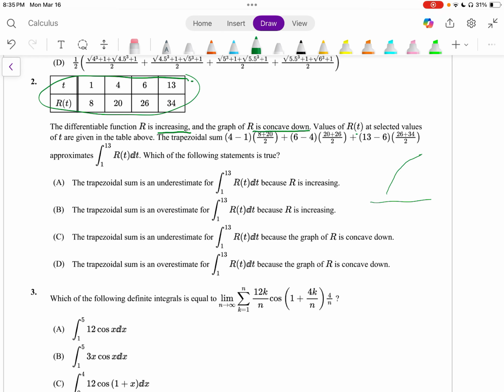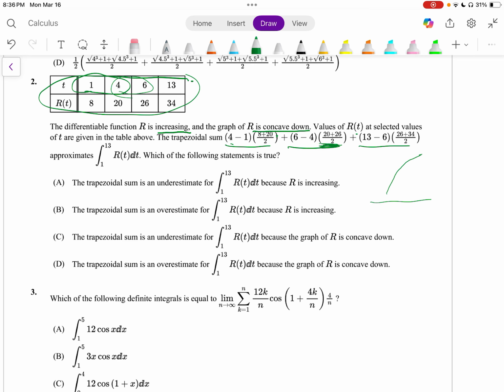The trapezoidal sum, 4 minus 1, so that's like 4 minus 1 times 8 plus 20 over 2. And then you have the 6 minus 4 times the next part. And it keeps going. So there's 1, 2, 3 of those. Approximates for the integral from 1 to 13 of r of t dt, which of the following statements is